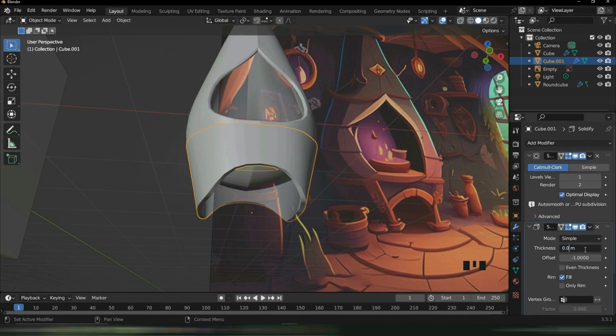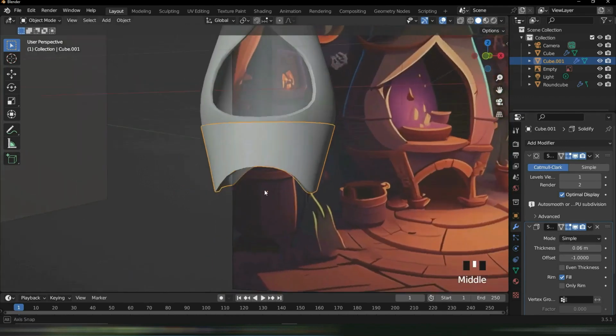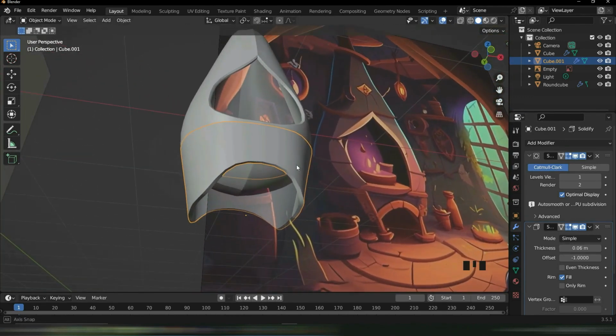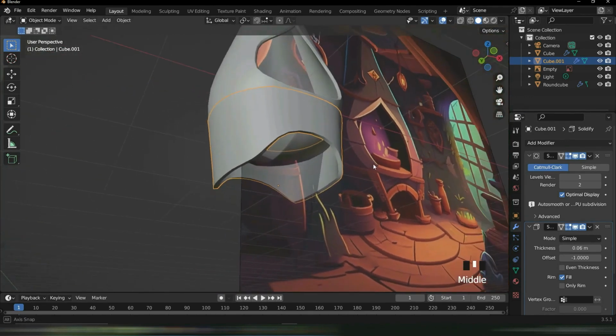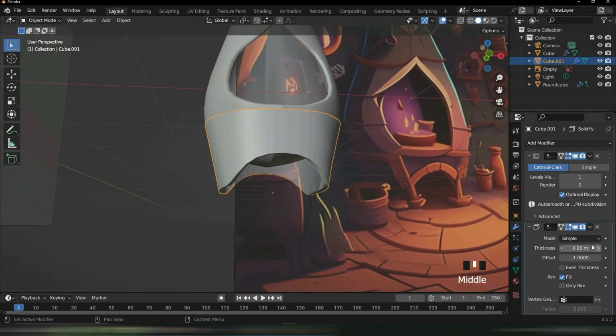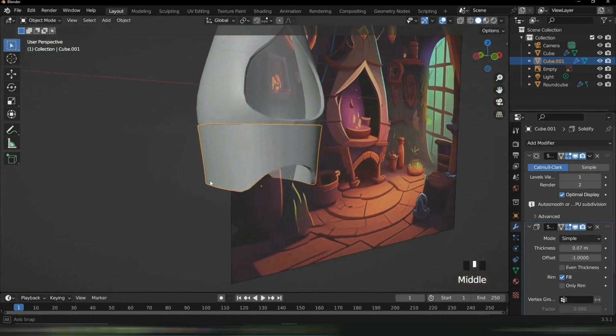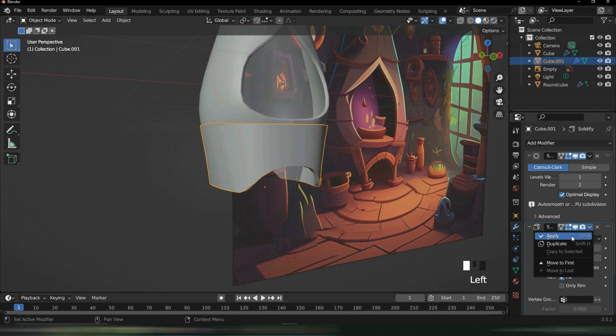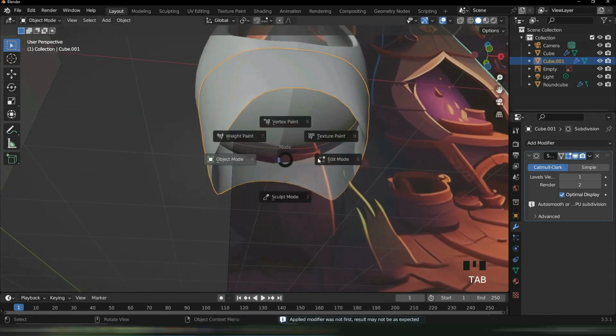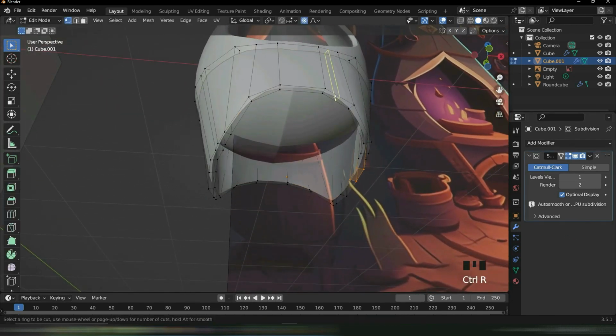Let's do 4. Actually, no, it is that thick. Let's do 6 instead. That looks like a correct thickness. If we look at the original, it is quite thick on the bottom. Let's make it a little bit thicker. Let's do 7 again, because 7 just looked right. Click on apply. And now we do edit, Control R on these